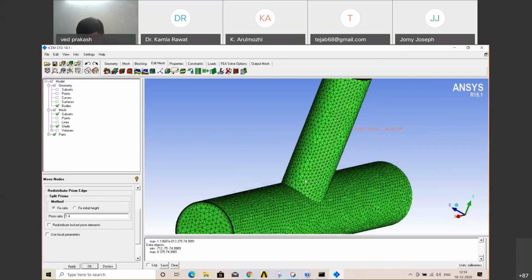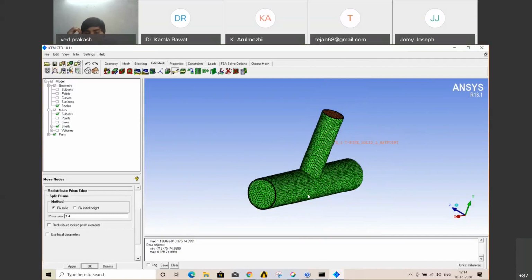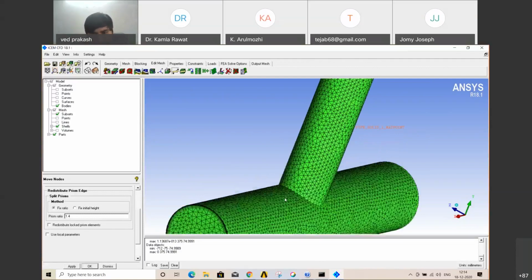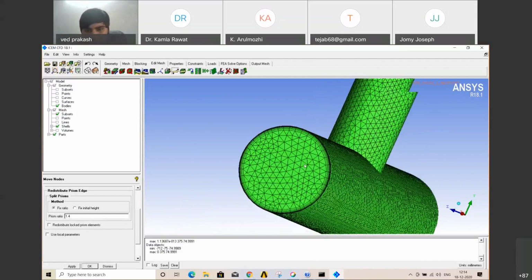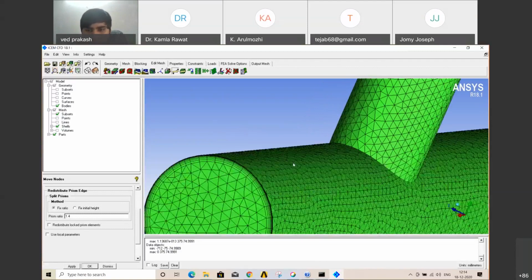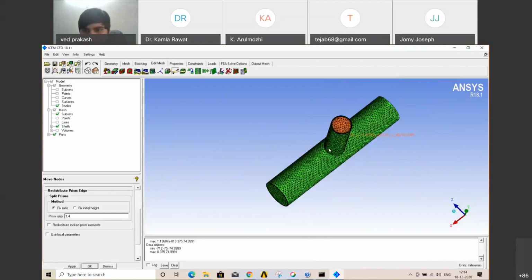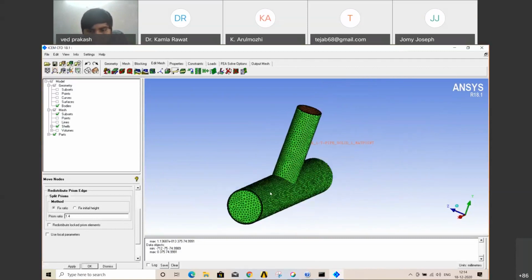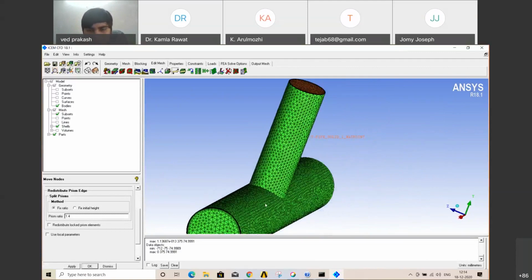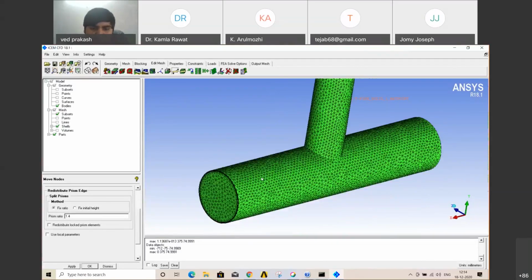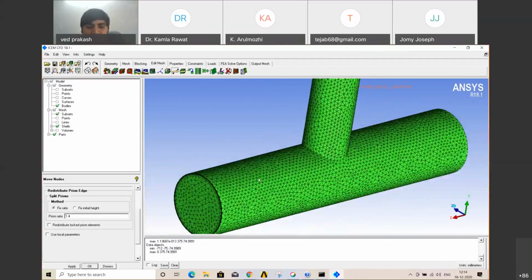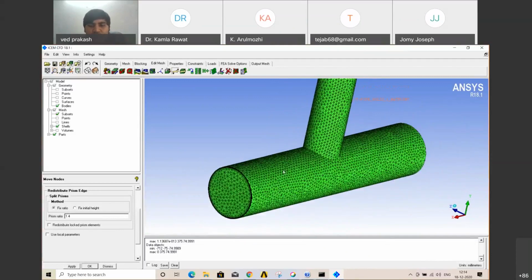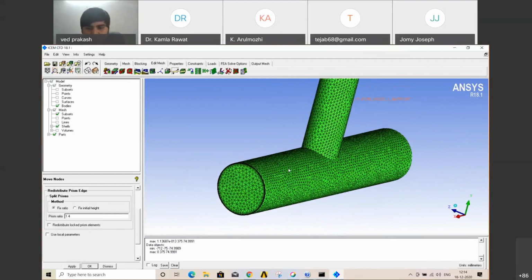And the only thing which takes time is meshing. Your mesh should be as good as possible. If your mesh is not good enough, then your results will have some discrepancy, and you won't be able to achieve those results. So as a CFD analyst, any analyst spends 70% of time in meshing only, and other things are just providing boundary conditions and running your solver.